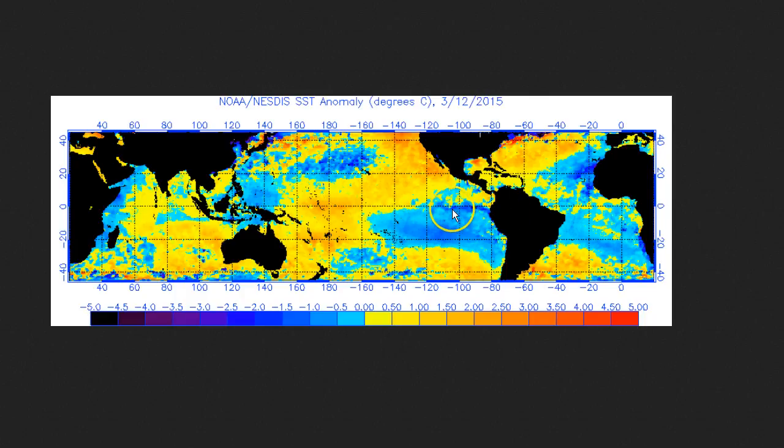You have cool water and an easterly flow in the East Pacific and in the far West Pacific. This sort of cool pattern here and warm water all in here is very much a signature sign of the active phase of the PDO, or the positive sign of the PDO. We don't want to get into much about the Pacific Decadal Oscillation, but there is some thought that it is moving. It's typically a 30-year cycle, but we're only 15 years into the current inactive phase of the PDO, or the negative phase, but there is some solid data suggesting that the Pacific Decadal Oscillation is moving towards a more